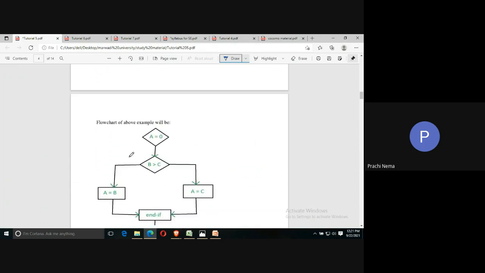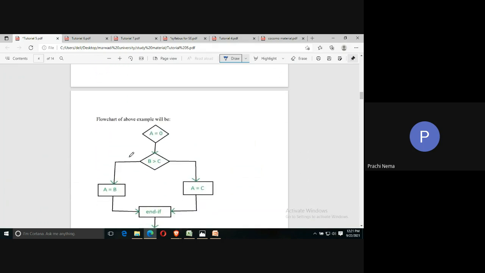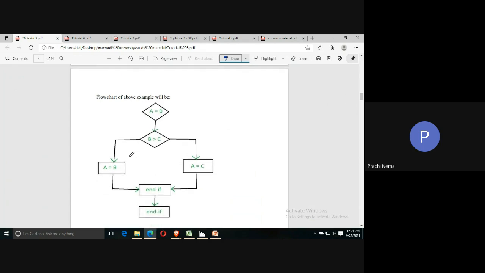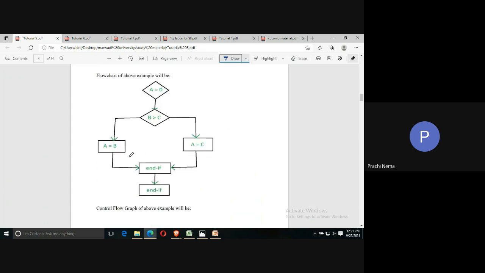Now see, if you want to design the control flow graph for this code, before that there is a good practice. If you don't have so much expertise in drawing the control flow graph, then one good practice is drawing a flow chart for the same code, because we are more familiar with the flow chart. So you can first draw the flow chart and then convert this flow chart into the control flow graph. You can do this if you want.